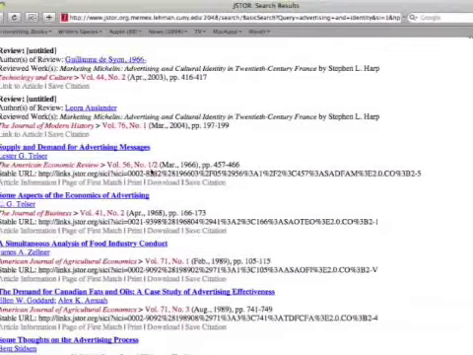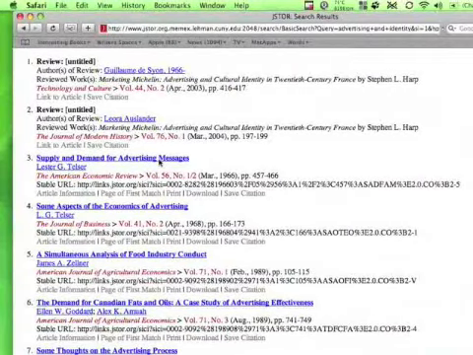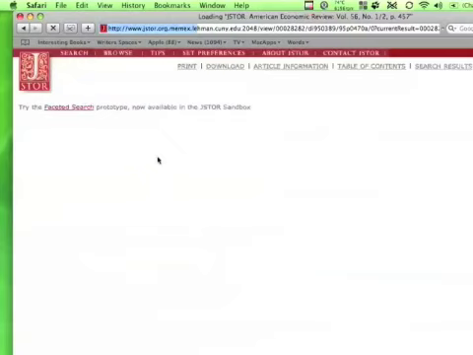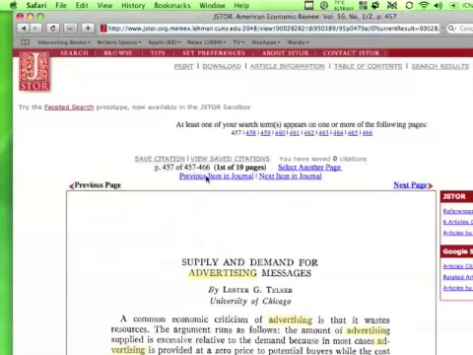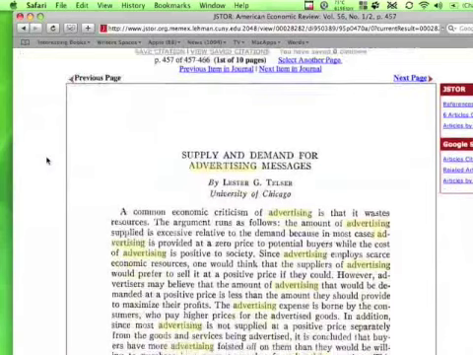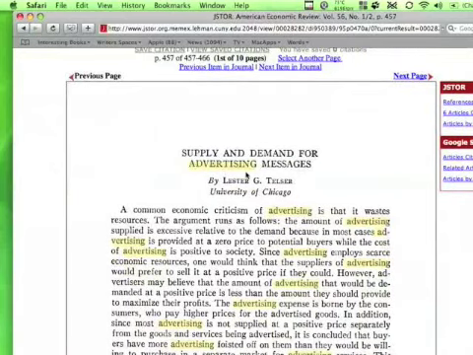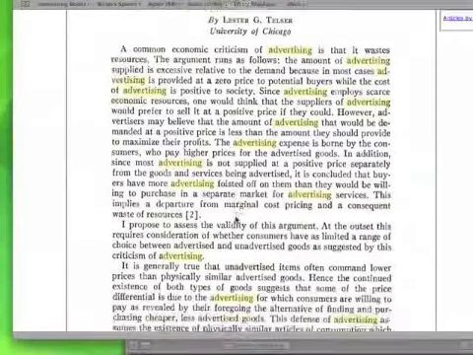So this might not be the sort of thing that you want, but we'll go ahead and click on it just to see it. What you can do first is click on it right there, and it will take you into this big page, and you can see that it has highlighted all the instances of advertising and identity.